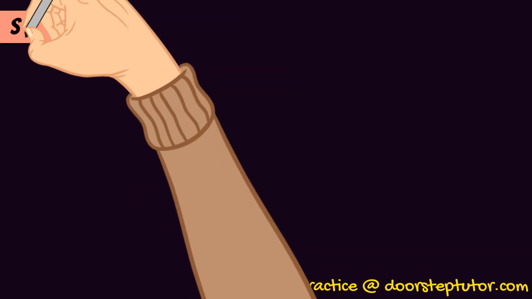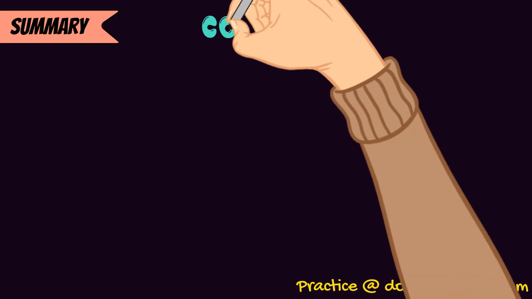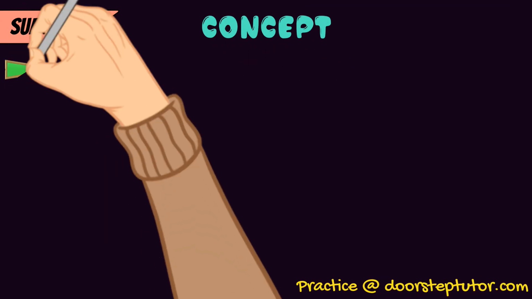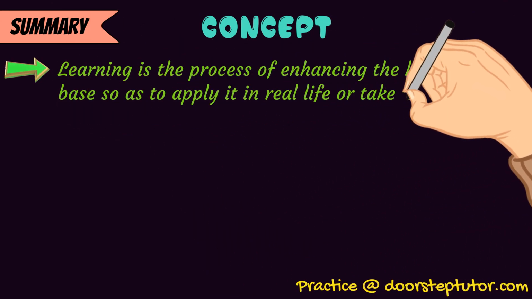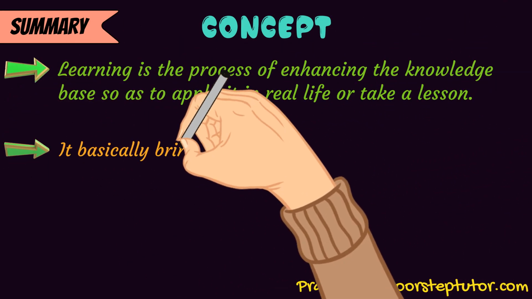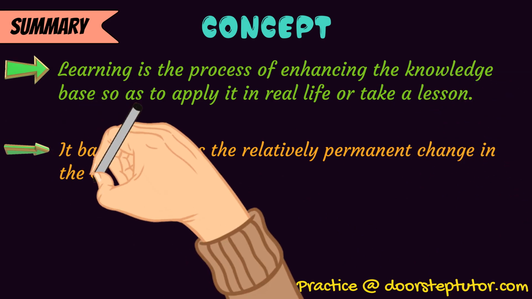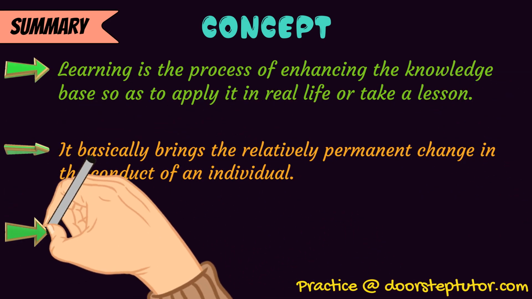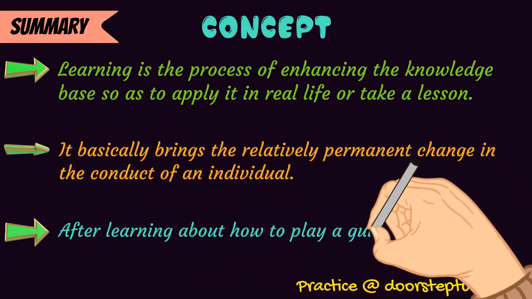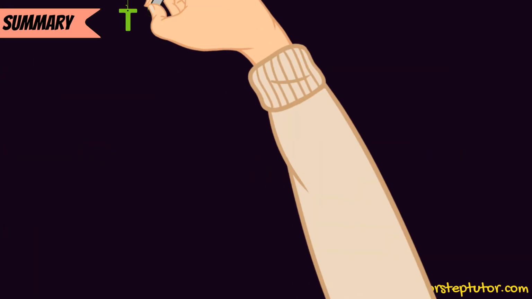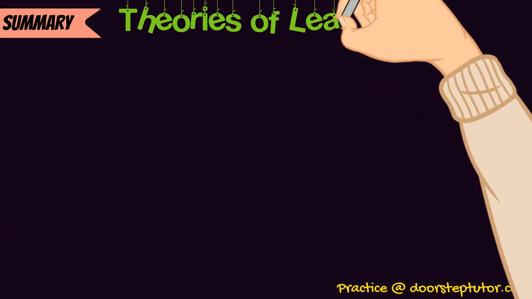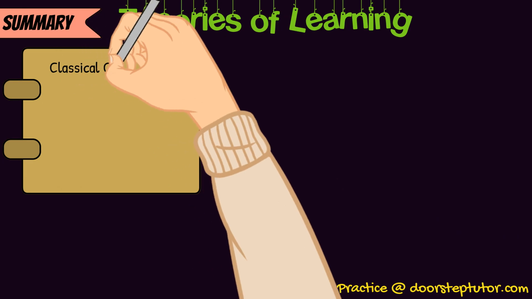So what did we understand today? We basically understood the meaning of learning. See, learning is anything that is enhancing, augmenting, increasing our knowledge base. So it's very important that we keep on learning things, because learning helps us to become a wise human being. Then we learned about the theories of learning, in which we discussed classical conditioning, which was given